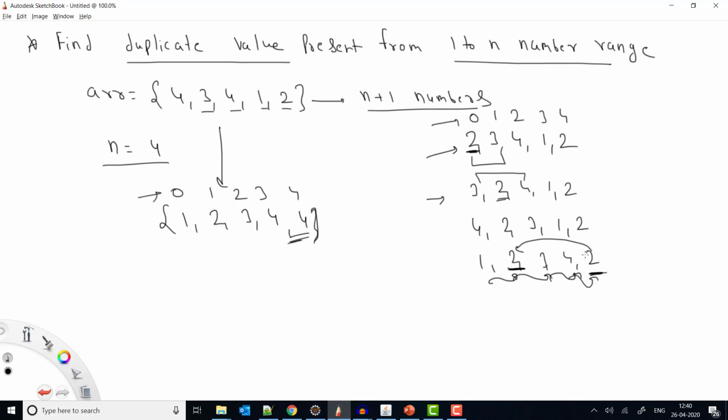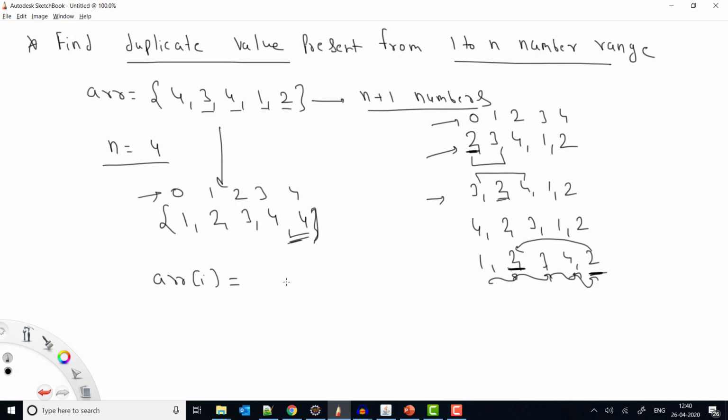First of all, I can check whether this value is not equal to index plus 1. Yes, that is right. Now check whether this value here is equal to this value or not. If the correct value is already present, it means we need not change it, right? So either we can put two conditions or we can put one condition itself. So what we can do, we can check using this one.